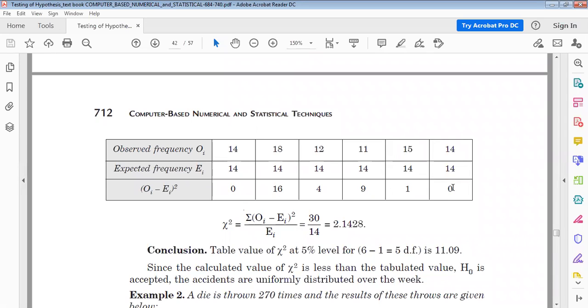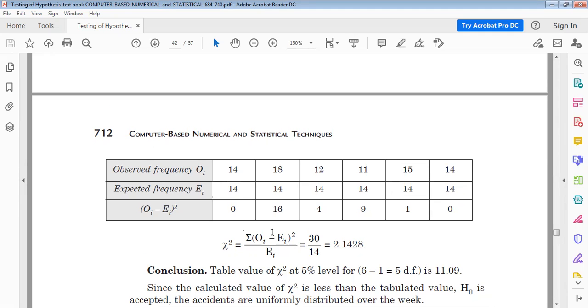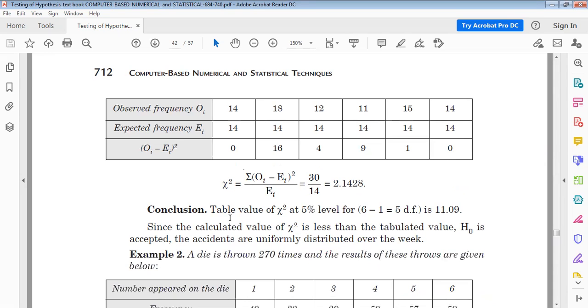Summation means we have to take the sum. Adding these: 16 plus 4, 20. Okay. 20 plus 9, 29. And this will be 30. So 30 divided by E_i, which means the expected frequency, 14. So this will be 2.1428. Now the conclusion. Table value of chi-square at 5% significance level at 6 minus 1, that means 5 degrees